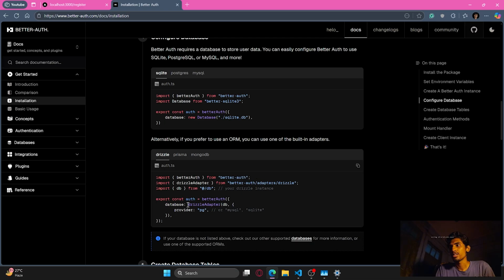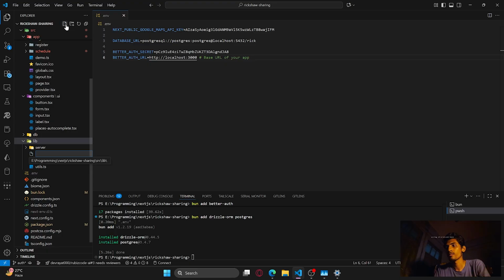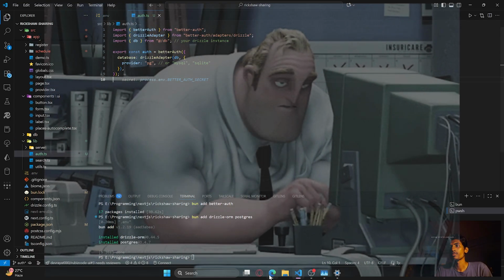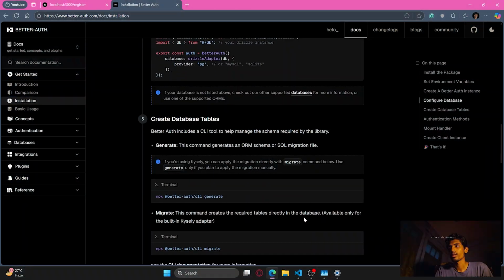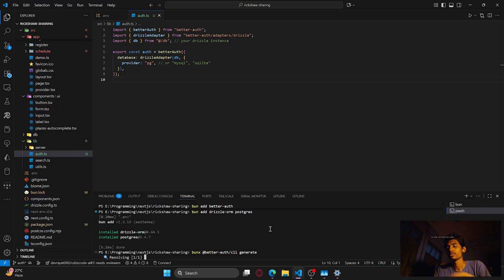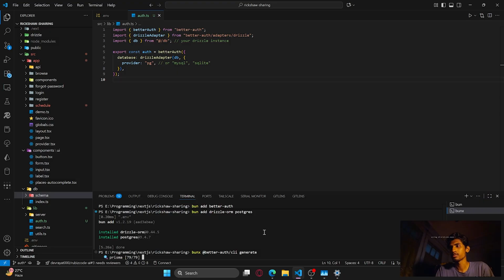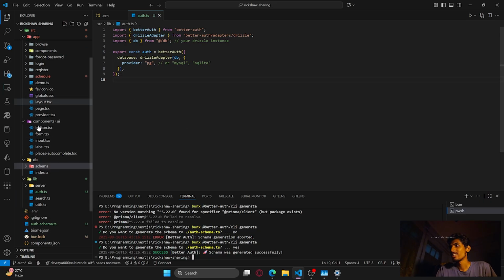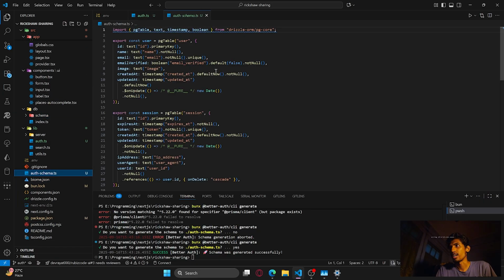We're gonna use Drizzle. I'm gonna copy this code here. Now I'm gonna generate the database schemas. I'm gonna run it. So that was fast. So I did the schema in this file, or you can